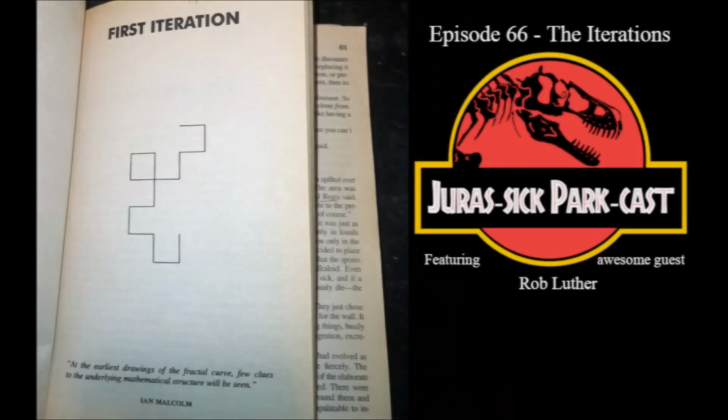All right, the iterations. There are 7 iterations in Jurassic Park, each creating something of an act break throughout the narrative. Each has a quote attributed to Dr. Ian Malcolm and is accompanied by an image that grows and becomes more complex from the first to the 7th iteration. It's plainly interpreted that each image is a subsequent representation of a graph as a series of iterations are being modeled. As the iterations progress, the modeling progresses until you get a propeller shape, which I understand is called a dragon curve, but that's not a term used in the novel.